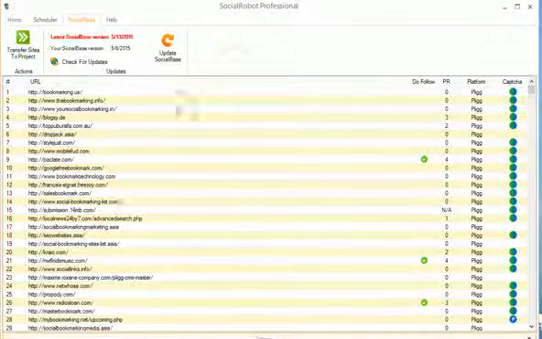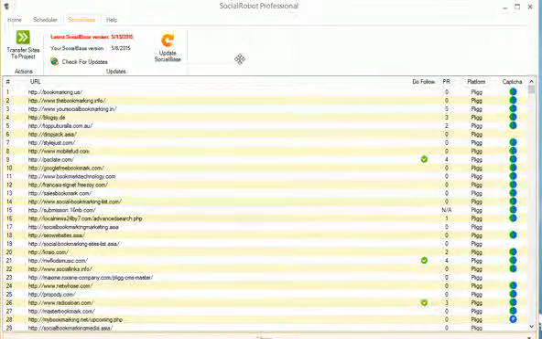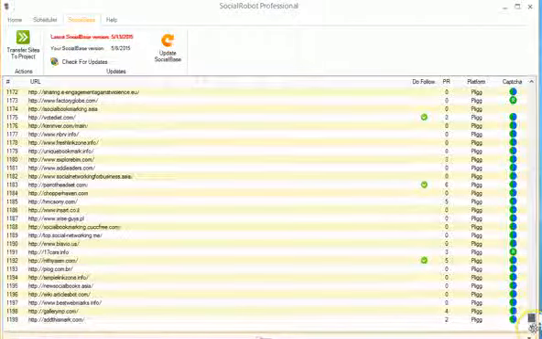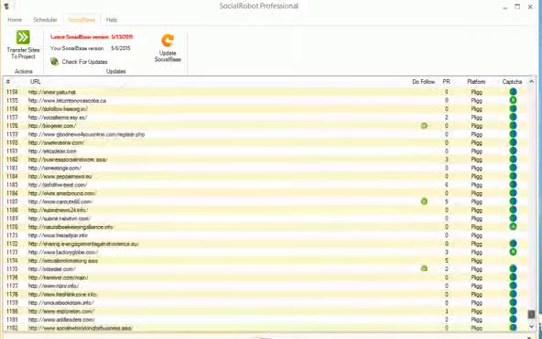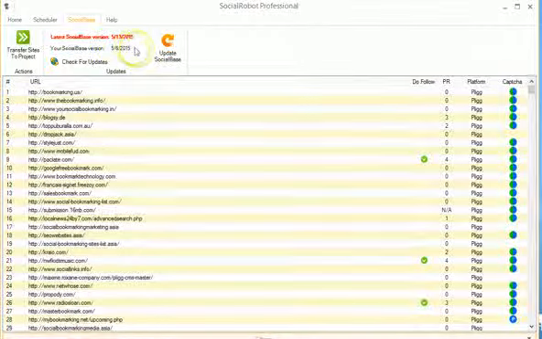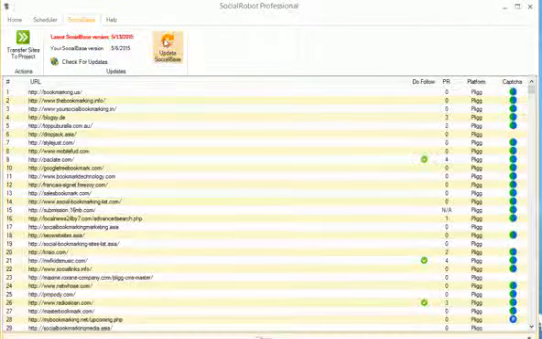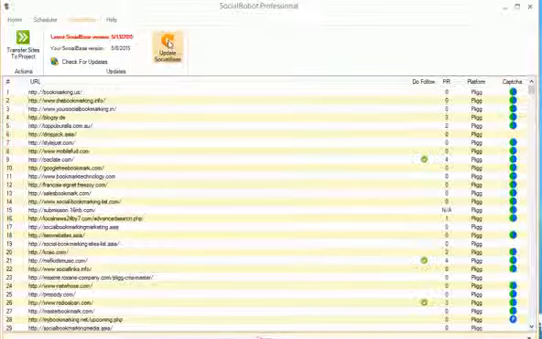This is a database of sites that we personally scrape and filter through every single week that you can use to get backlinks from. As of right now, you can see that there's over 1,000 sites this week that have been loaded, and there's already a new list that's ready to be loaded as well. Your SocialBase version is from the 6th. As you can see, there's a latest version from the 13th. So all you have to do every single week to get a brand new, fresh list of sites is hit update SocialBase,